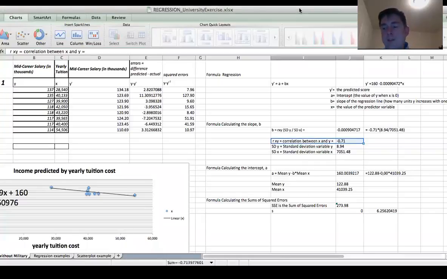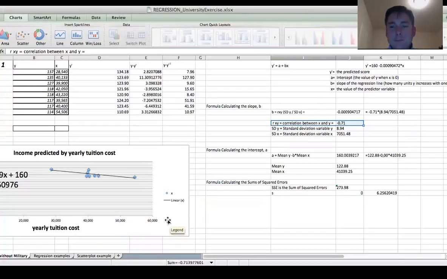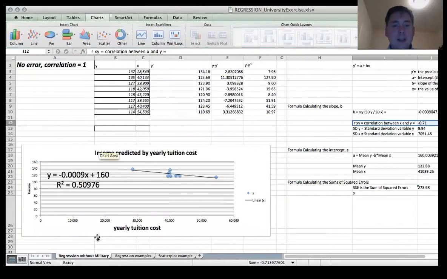So it's negative 0.71 times negative 0.71, right? Which is about 0.50. So this r squared of 0.50, right? 1 would be 100%, and 0.50 would be half of 1. If 1 is 100%, half of 1 is 50%. So this would be